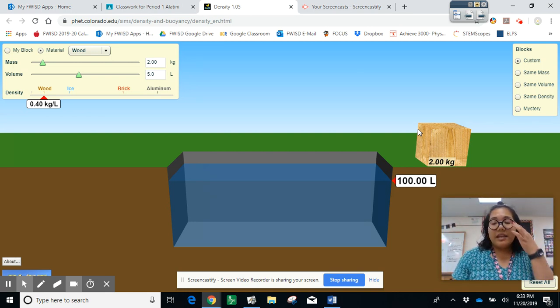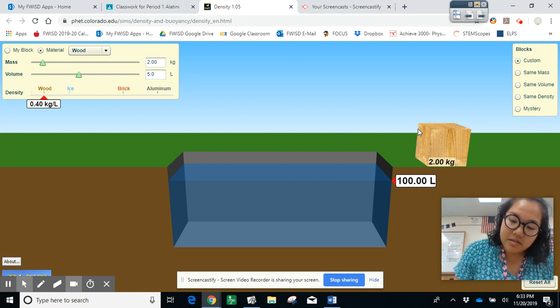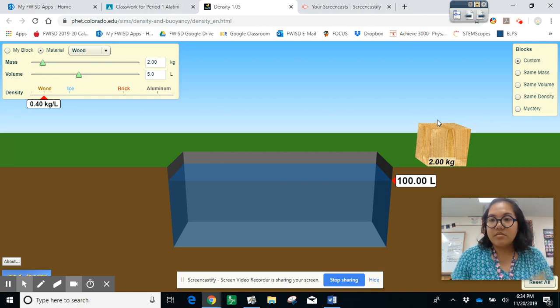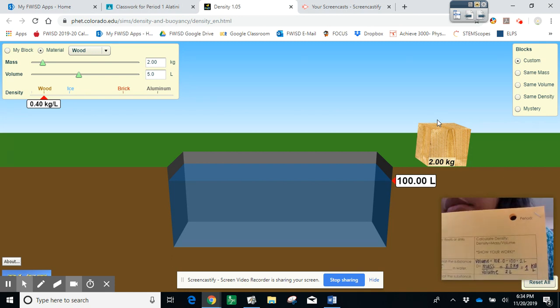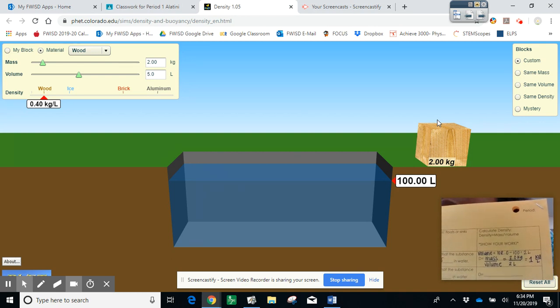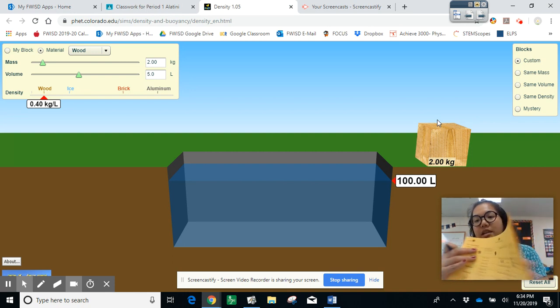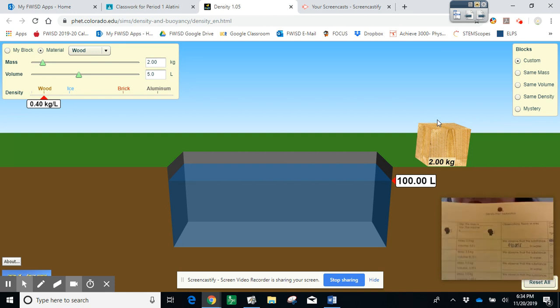That's only my volume. Now, remember, density is equal to mass divided by volume. So I'm going to write that down. So it's equal to 2.0 kilograms divided by 2 liters, which gives me 2 divided by 2, 1 kilogram per liter. Okay, so that's my first one. Now I'm going to move down to, so after you're finished with that, you have wood,